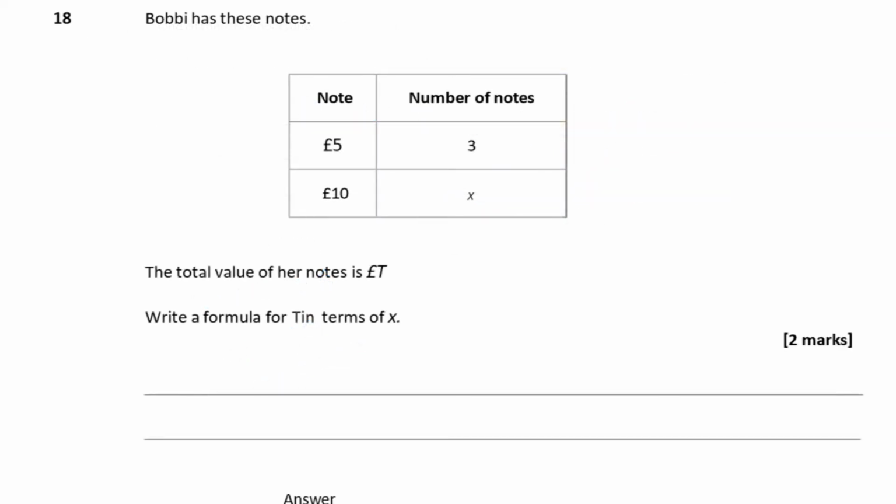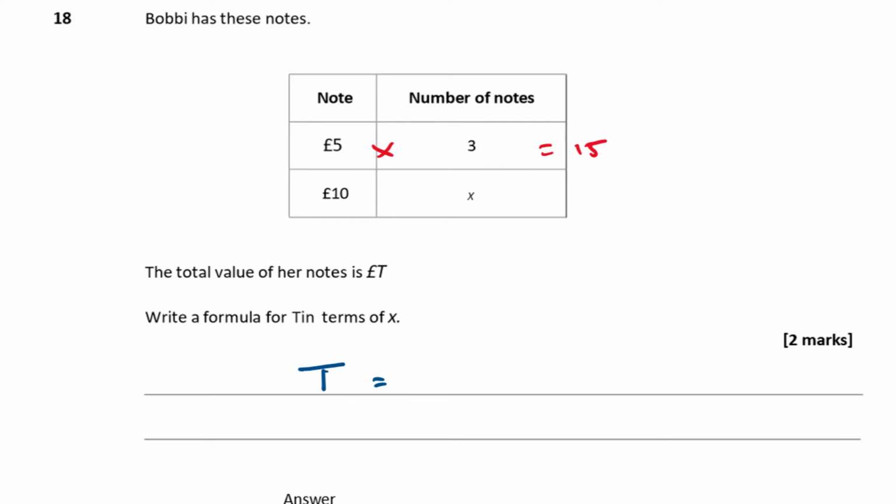Question 18. Bobby has these notes. He's got 3 £5 notes and he's got X £10 notes. So the total value of his notes is T. Write down a formula for T in terms of X. Okay, so the T is the total amount. So the total amount of money he's got then is going to be his 3 £5 notes, which comes to